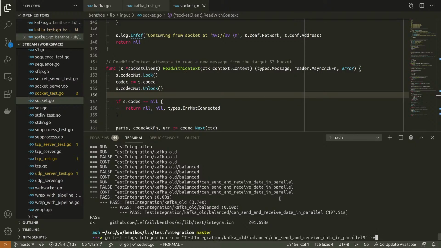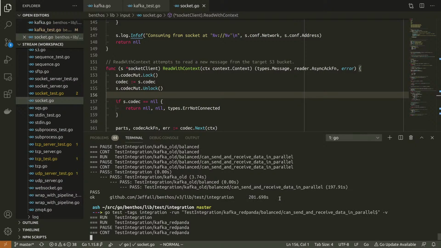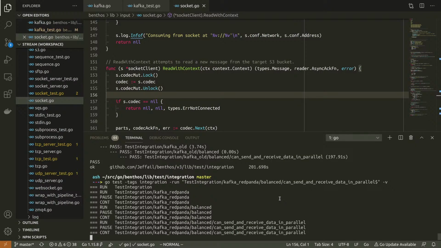Okay, right. Kafka on its own, 197 seconds, and let's do it with Red Panda. I mean, this isn't a life-changing performance impact for me personally, but it is pretty cool because looking at the commit history for Red Panda, you know, they've been going at it pretty hard, but only for a relatively short period. It's pretty cool.